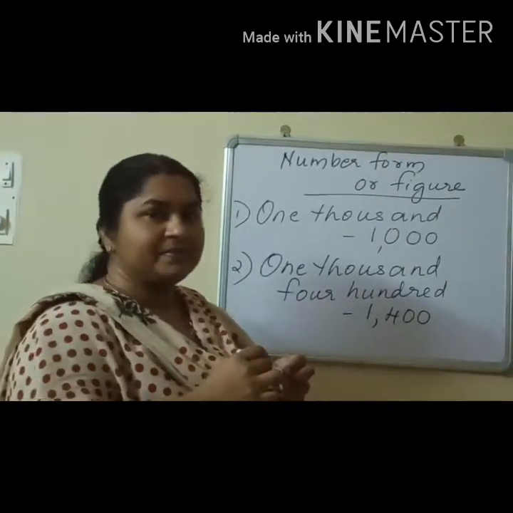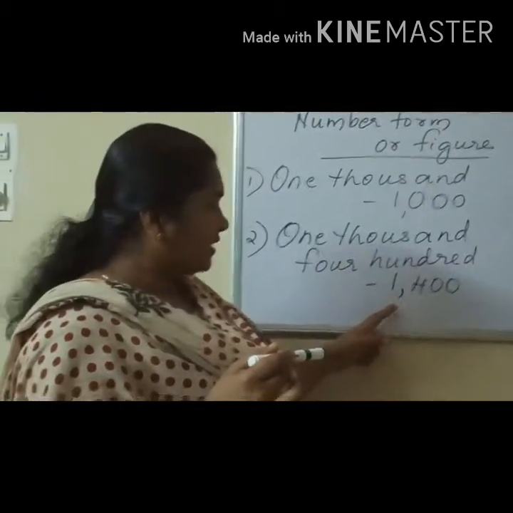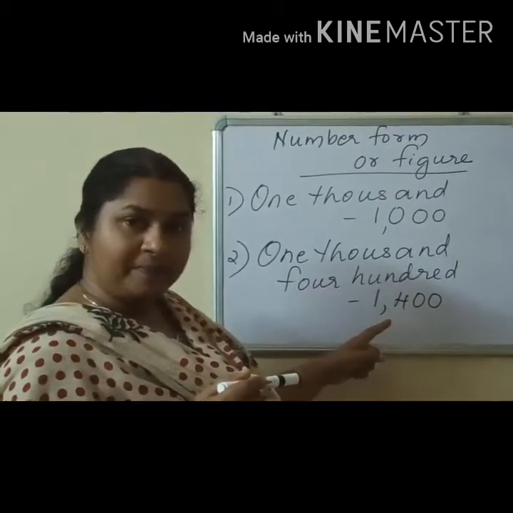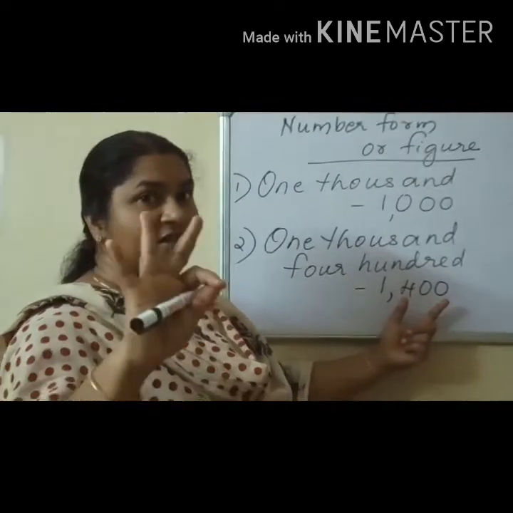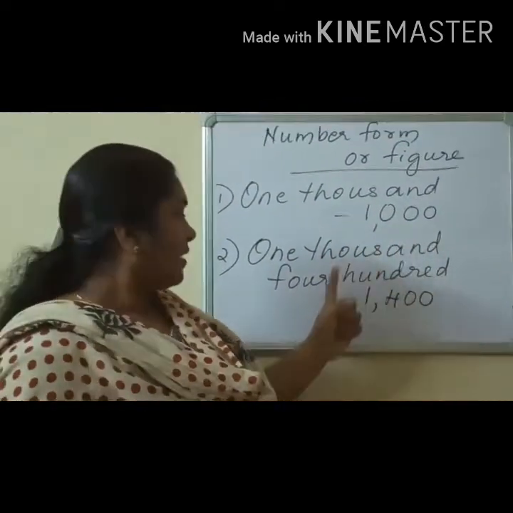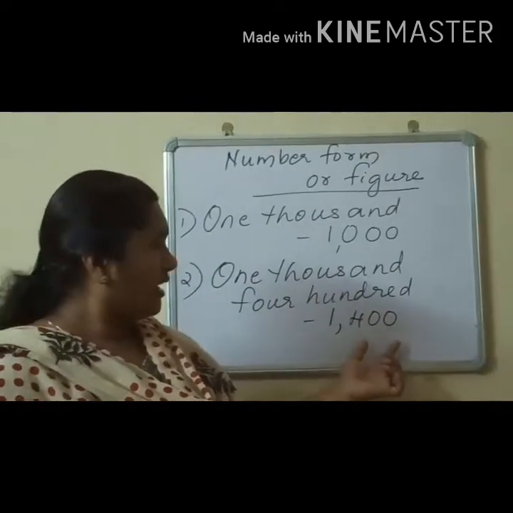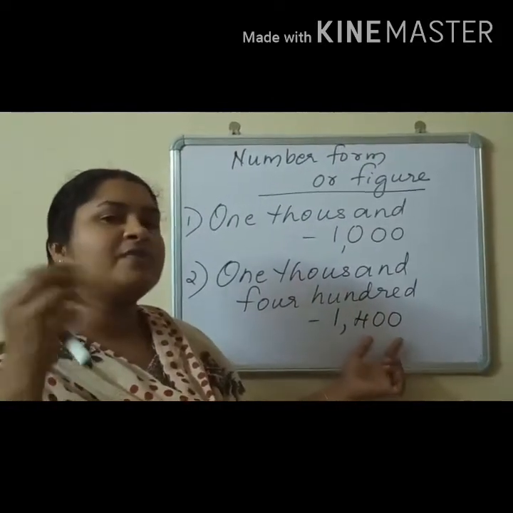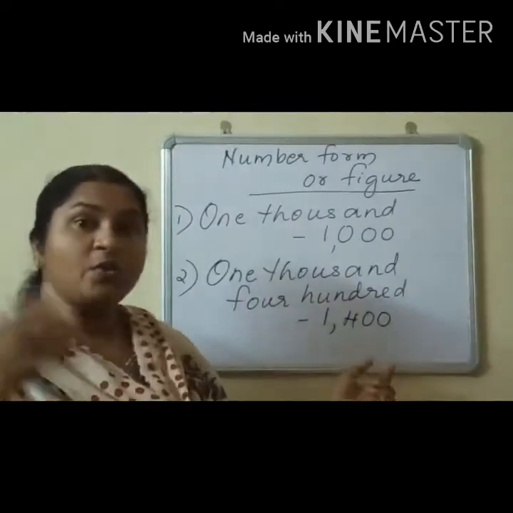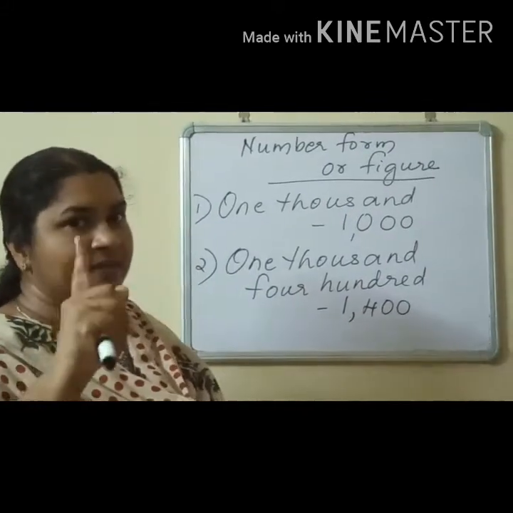Simple. So first we have to check how many thousands are there. Put a comma, then we have to take 3 digits. So if no digits are there, put 3 zeros. If something is given there, write accordingly. If something is missing, we have to fill it with zeros. So where to put the zeros is important. So be attentive.